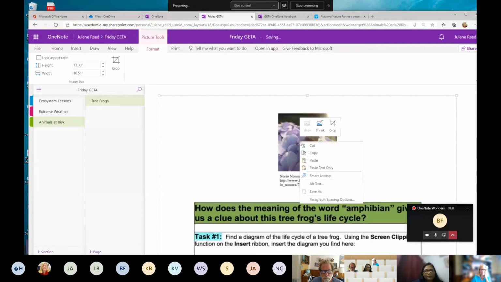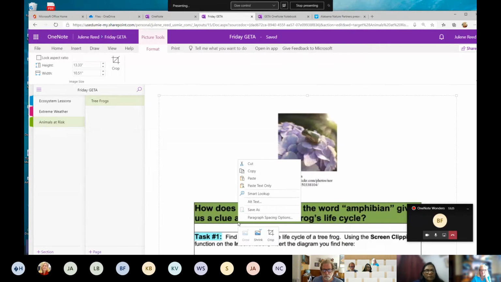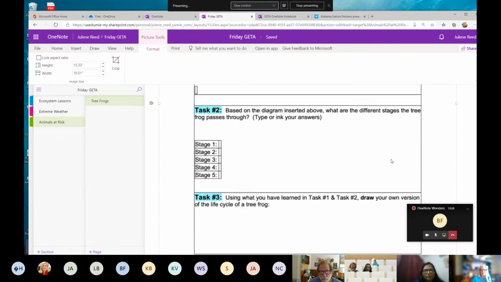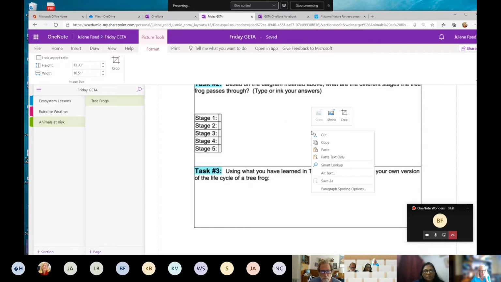And what I'm going to do is right click on it. Okay, it's not going to do it again today. We did this yesterday and we had trouble with it. But if it's an image, and maybe it has to be a PNG, if it's an image, you can set it as a background for your page. And when you set it as a background for your page, then when they're drawing it, like if they were